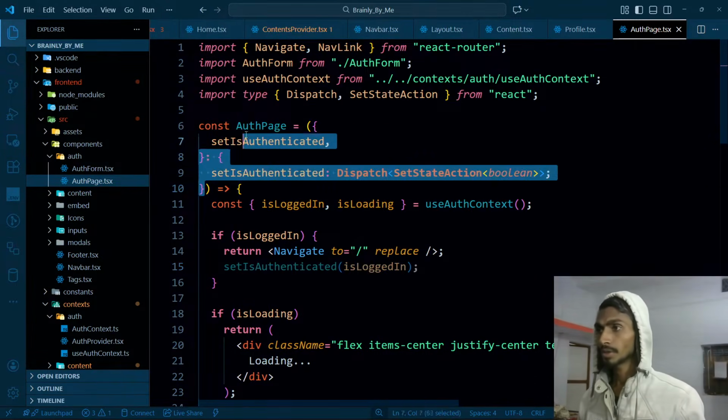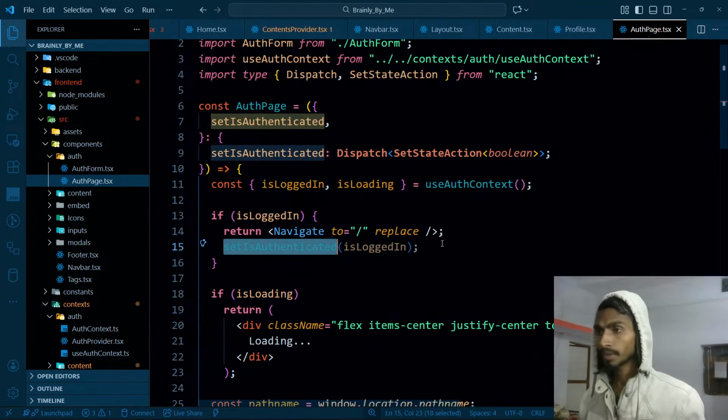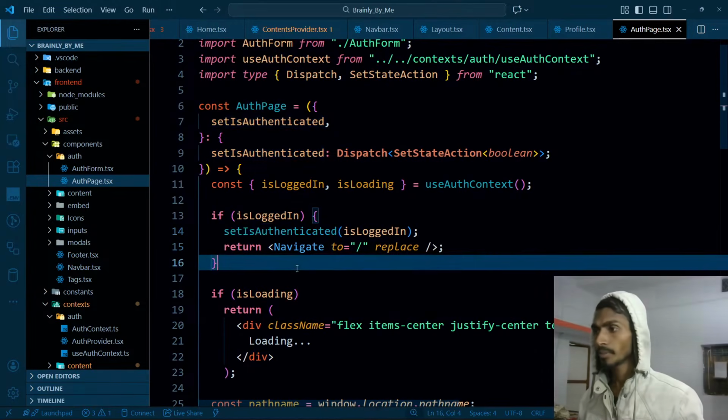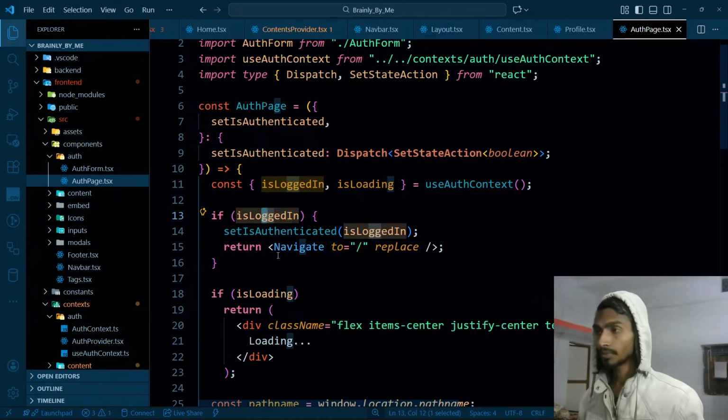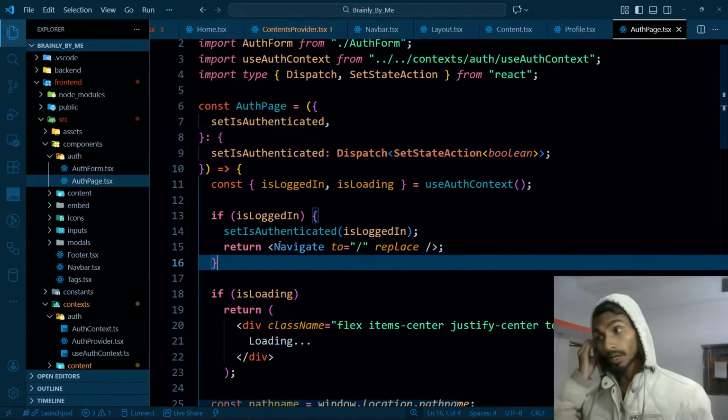And let's paste it all from here, and the same thing is going to be repeated. Set is, what is the problem here? I'm returning from here, right? Let's keep it at the top, and this is fine. If is logged in, then do this. In the auth page I'm doing it. And